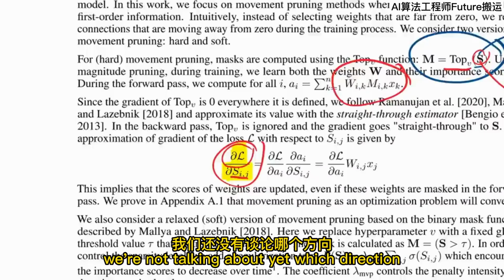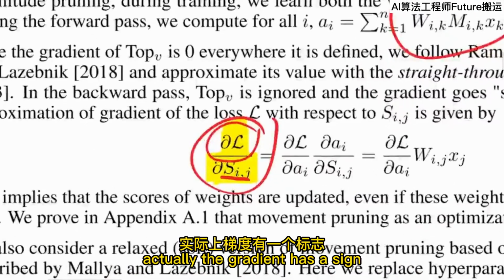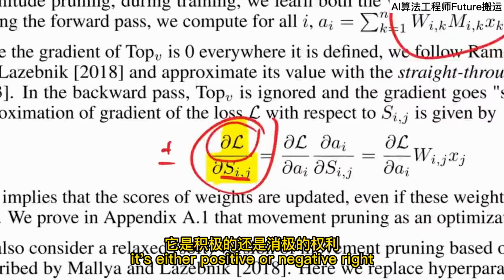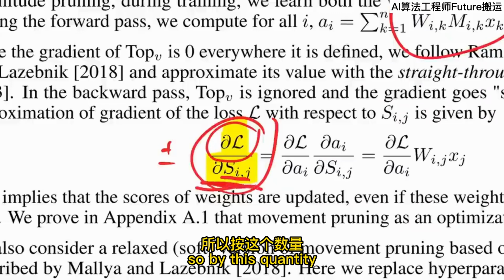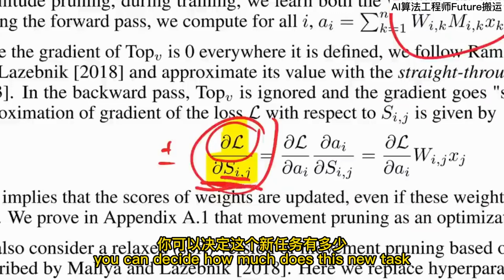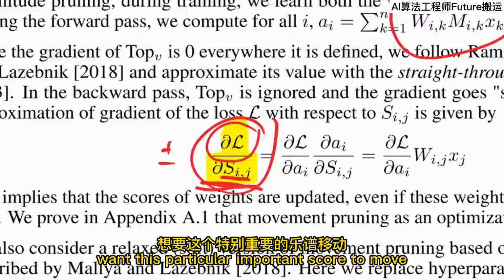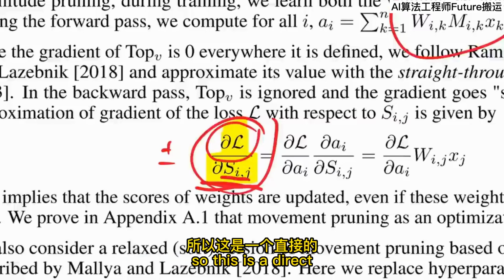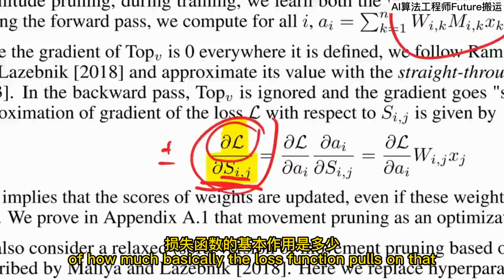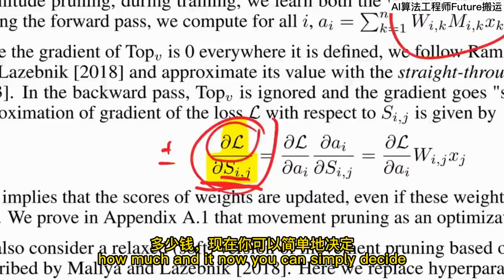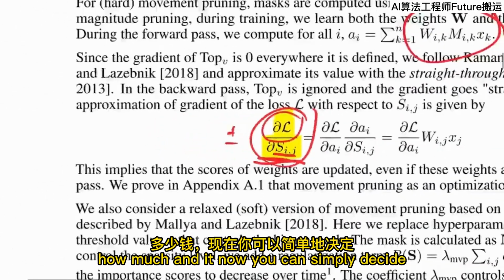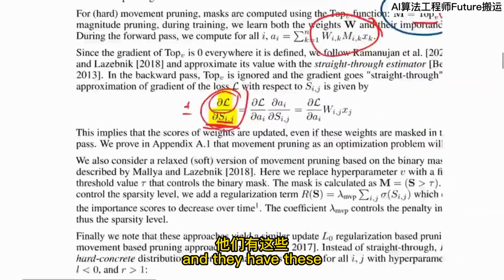So we're not talking about yet which direction. Actually, the gradient has a sign. It's either positive or negative, right? So by this quantity, you can decide how much does this new task want this particular importance score to move. So this is a direct measure of how much basically the loss function pulls on that importance score. How much, and now you can simply decide if, and they have these,